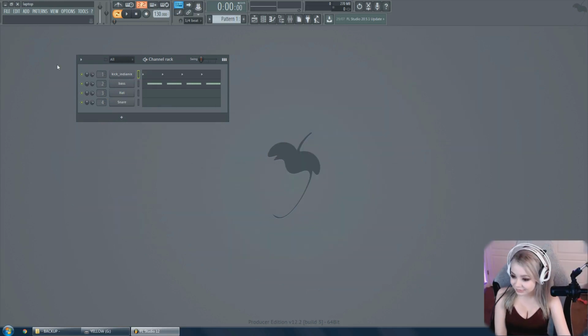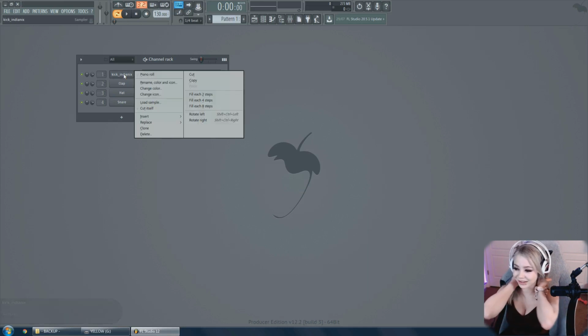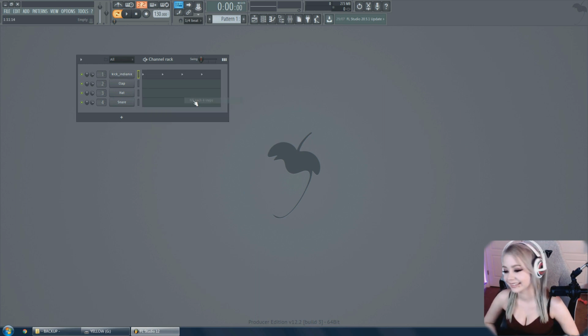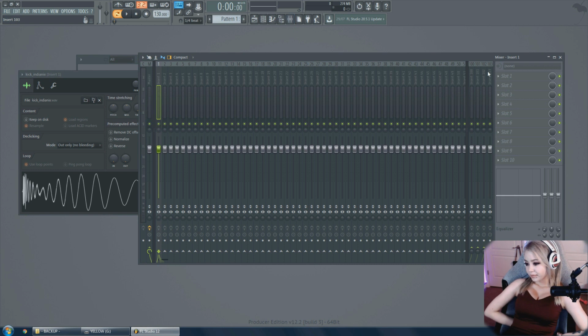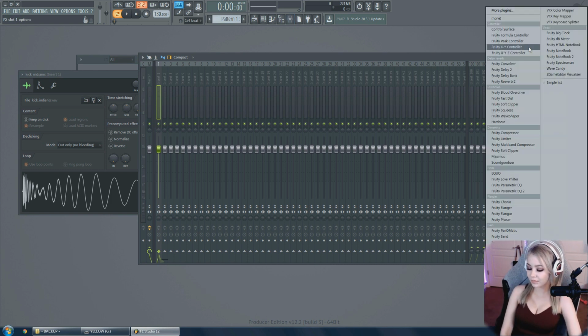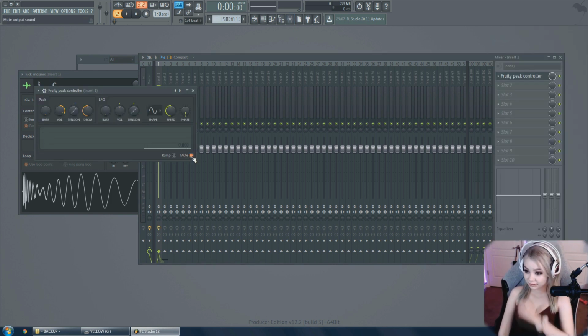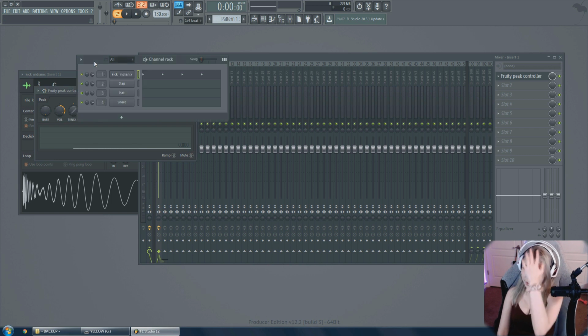Our first technique is commonly used in making psytrance. It lowers the volume of the bass whenever the kick hits. To do that, you add a peak controller on the kick. Unmute it.